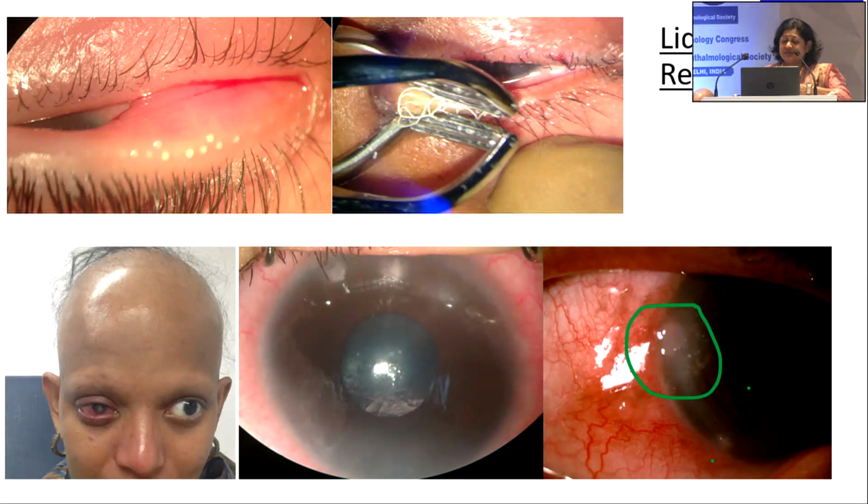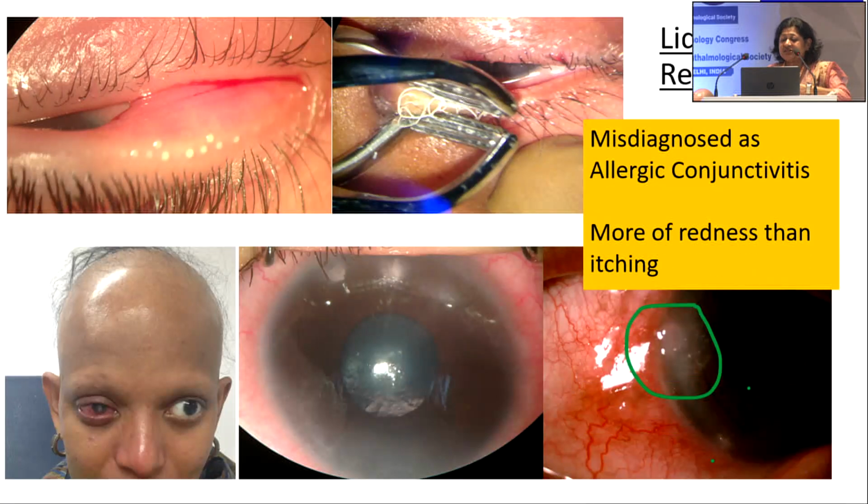They often present with peripheral limbal infiltrates or marginal keratitis or even phlyctens. Most often, these patients are diagnosed or misdiagnosed as allergic conjunctivitis because what clinicians miss out here is there is more of redness than itching. But when a child presents to you with redness and itching, the first diagnosis that most clinicians label them as is an allergic conjunctivitis. But we need to check for corneal phlycten, staining of the cornea,